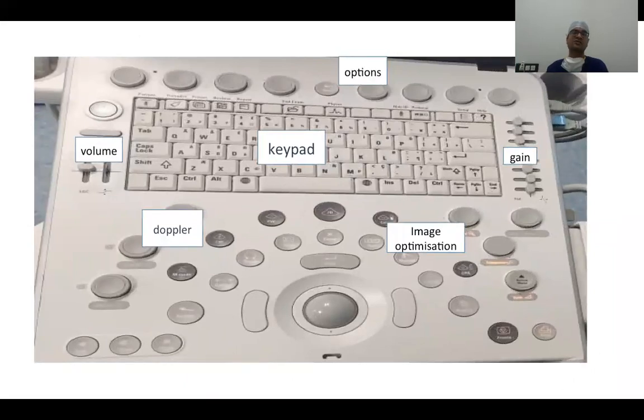Next, the ultrasound machine platform is important. I divided it into areas for convenience. Here there is a keypad with transducer and preset options and patient data entering. This area deals basically with the image optimization part. This area basically deals with spectral Doppler information. This is time gain compensation. This is the trackball with which we maneuver the cursor. And this is enter. These two buttons are for entering the data.